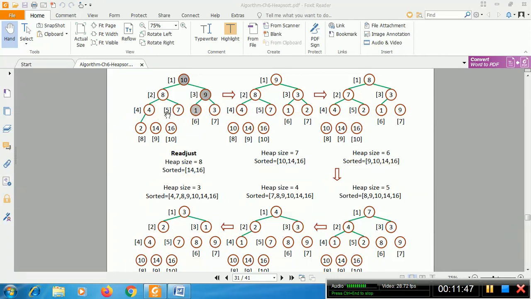So it again follows the max heapify property. So we have 2 sorted elements, 14 and 16.